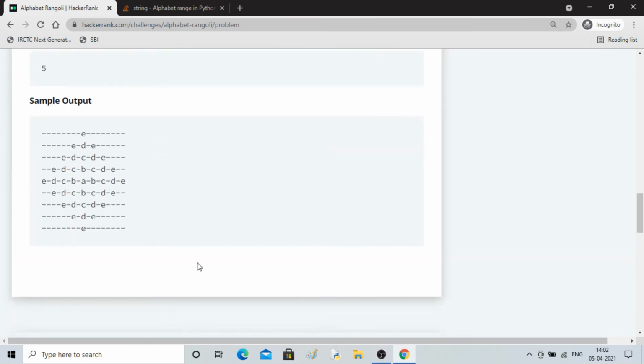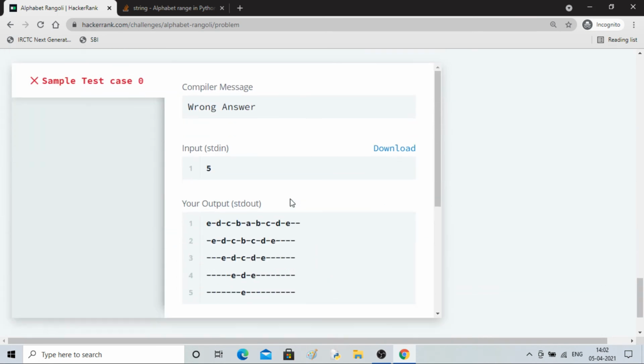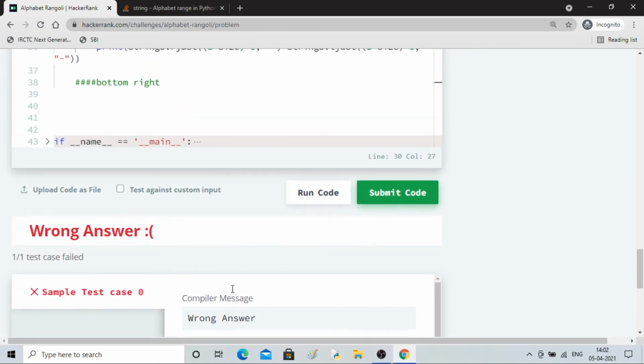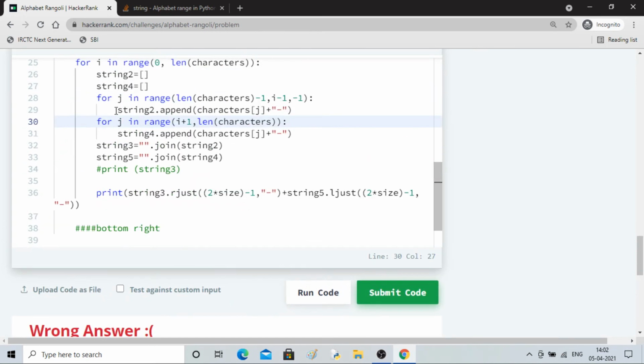Here we have only one. So there has to be one change in the left side of code, right? So A, EDCB.